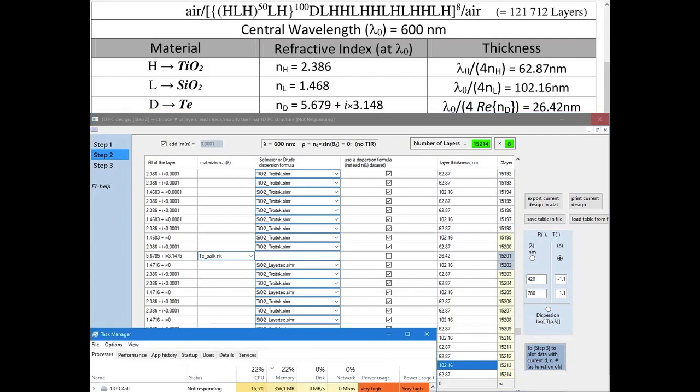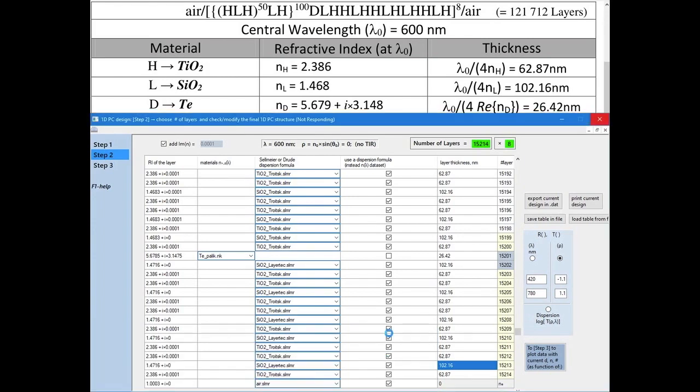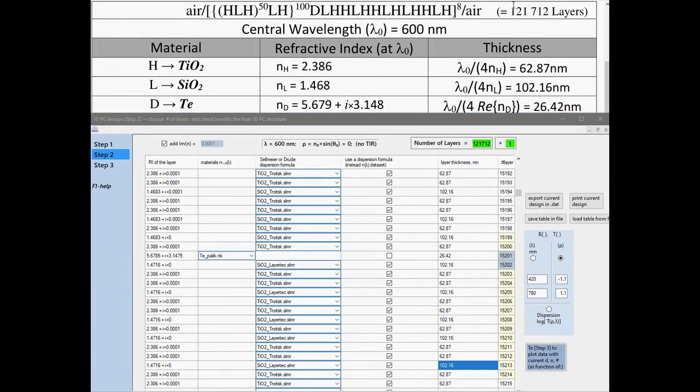At the same time, we need to watch that the memory, which is used by the program, does not go beyond 16 GB in this case. We're just waiting here. So, we see that our total number of layers has become 121,712. The number 1 has just appeared here. That is, we got the design of the structure that we're looking for.